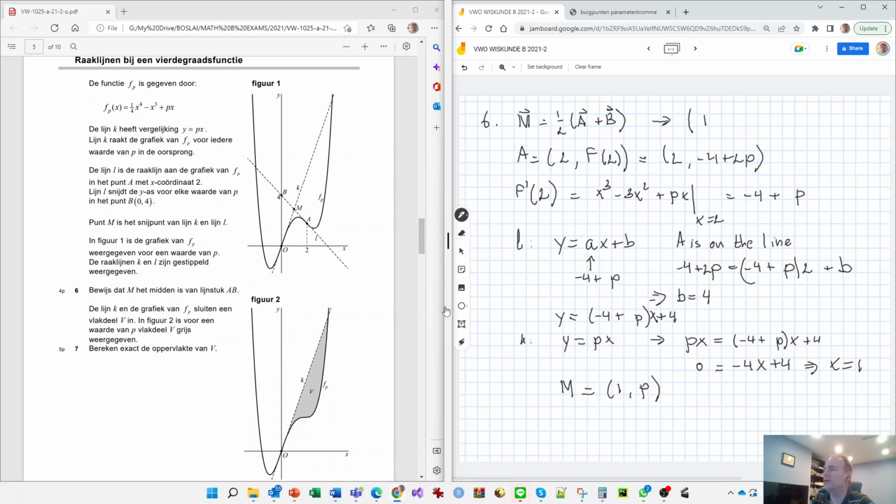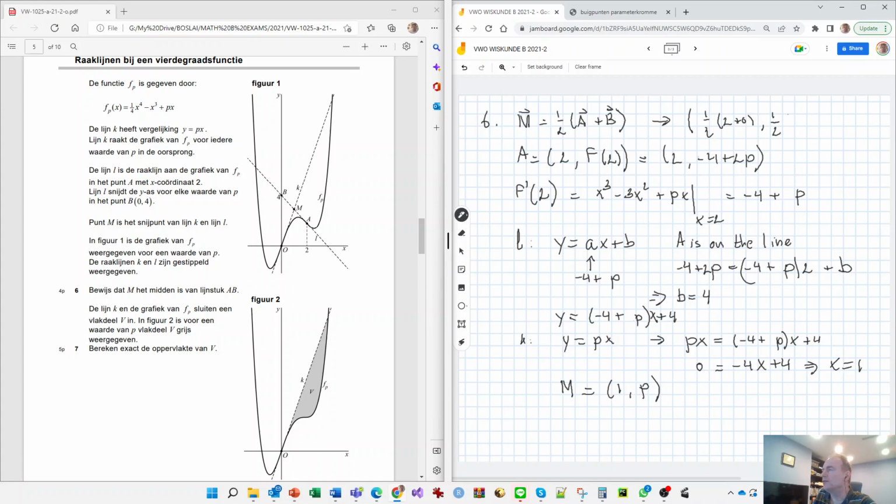Let me just write it out. It's 1/2 times 2 plus 0. For the y coordinate,